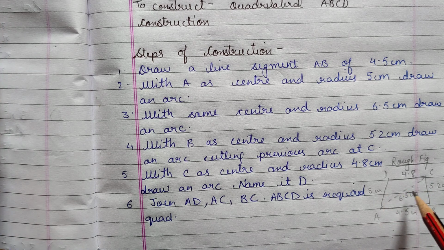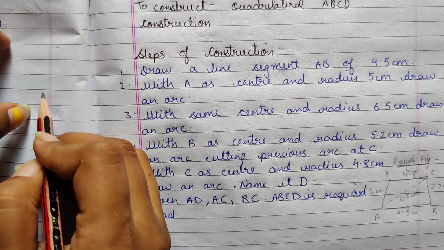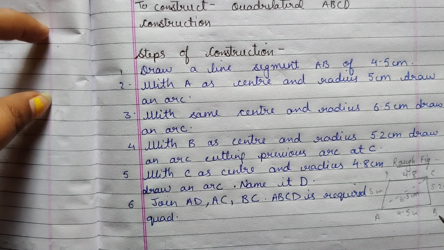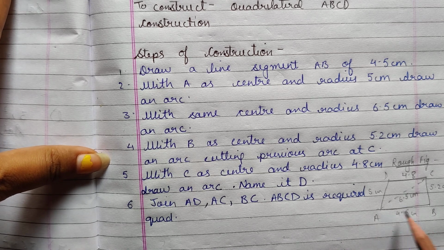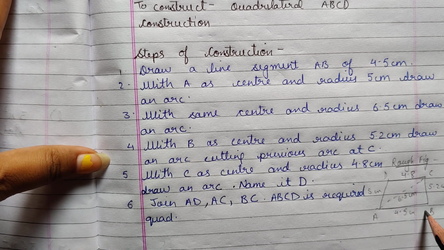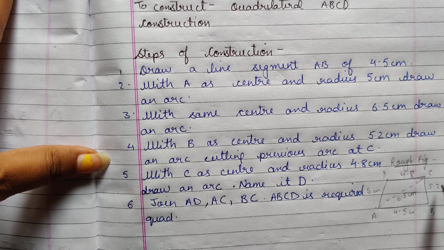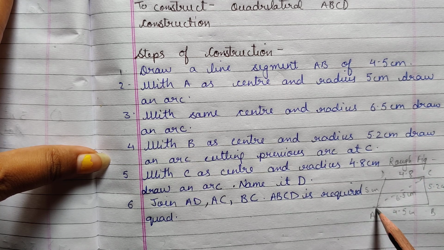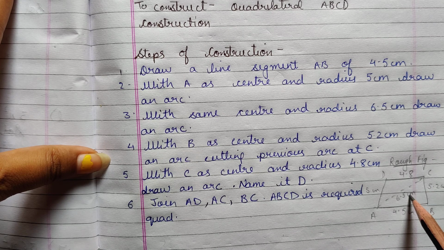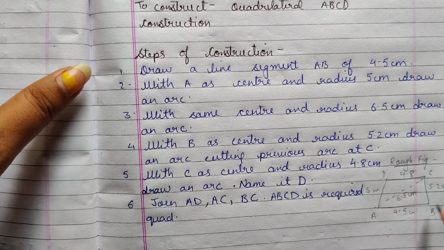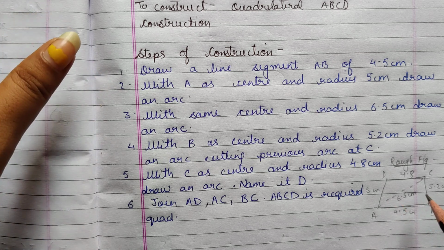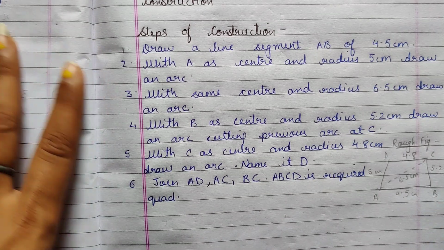This rough figure you will draw on the topmost corner of the plain side of the geometry copy. So I have drawn a quadrilateral which has all the dimensions. ABCD is a quadrilateral where AB is 4.5, BC is 5.2, CD is 4.8, AD is 5 centimeter, while your diagonal AC is 6.5 centimeter. We draw this rough figure so that we know which side we are going to take as base. You can take any side as base. Depending on that base, your diagonal's position would change. Nothing else would change as such.